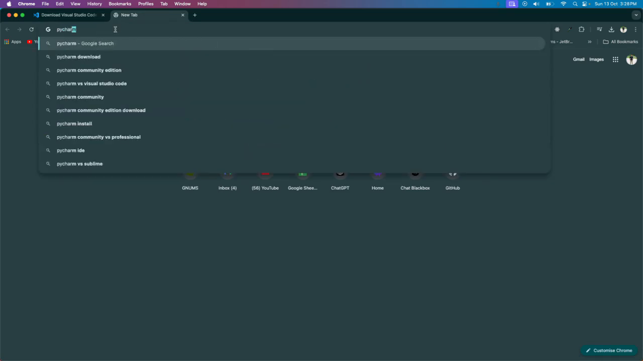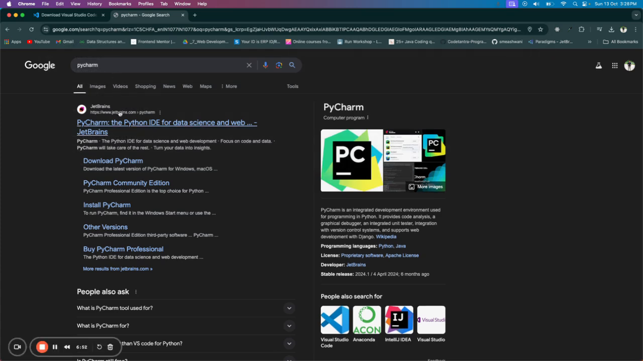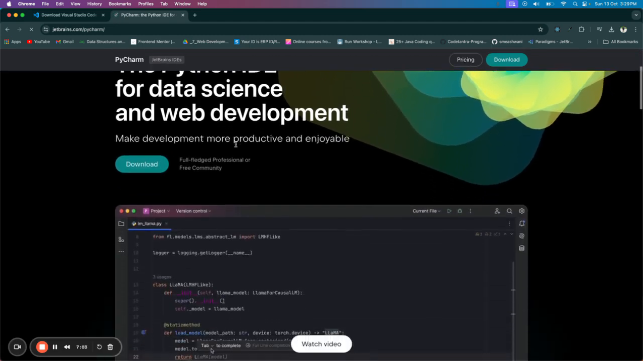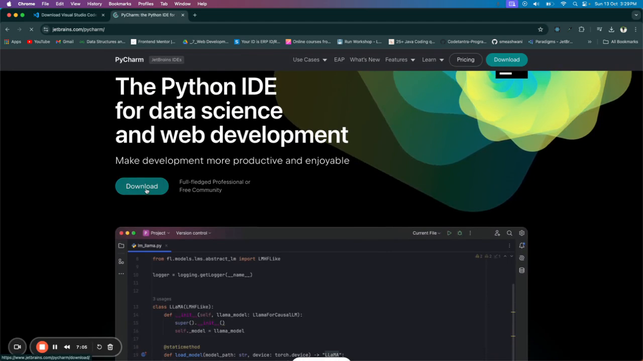And now let's move on to PyCharm. How to download PyCharm and install it. So if you go to PyCharm, it is provided by JetBrains. So you can find this first link of PyCharm here. Okay, so in PyCharm, as you can see, when we are on the home page of PyCharm, you can see a download button here. If you click on this download button,